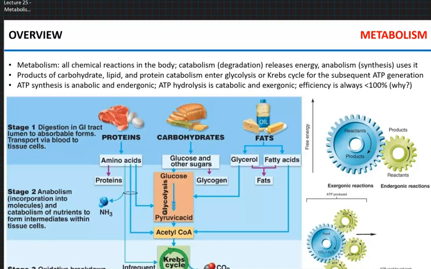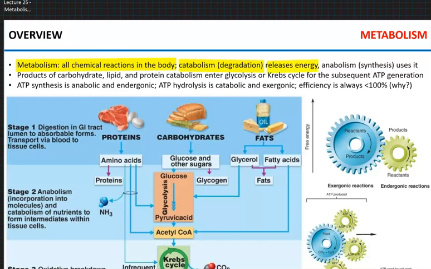So since we finished the previous conversation, lecture 24, with the discussion of glucagon and insulin, it's time to talk about metabolism. The term metabolism means all chemical reactions in the body. All reactions are divided into catabolic, which is degradation. Catabolic reactions release energy,